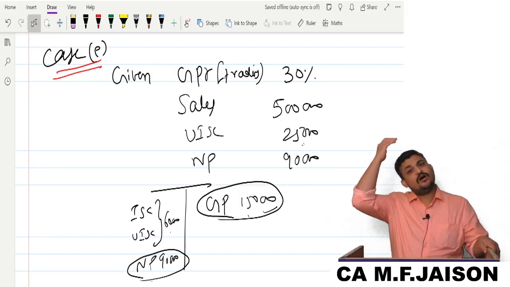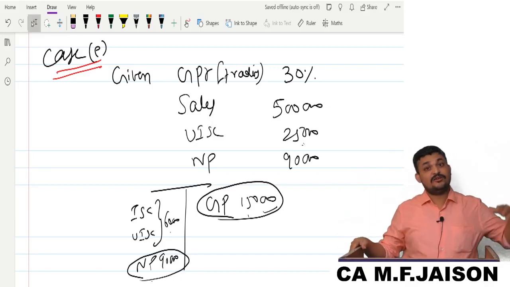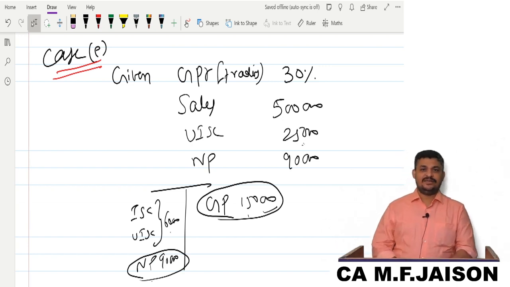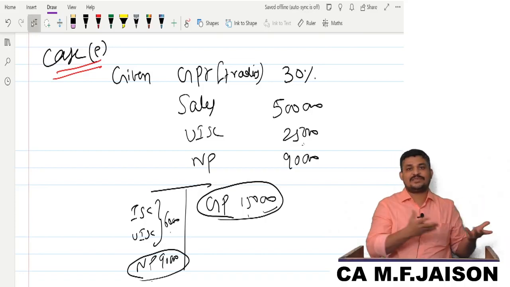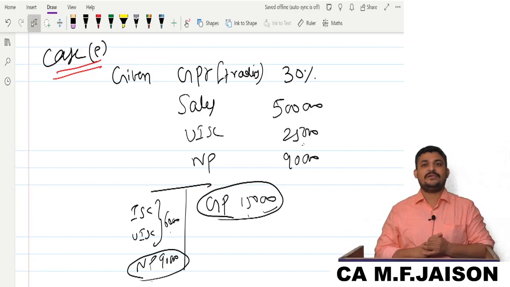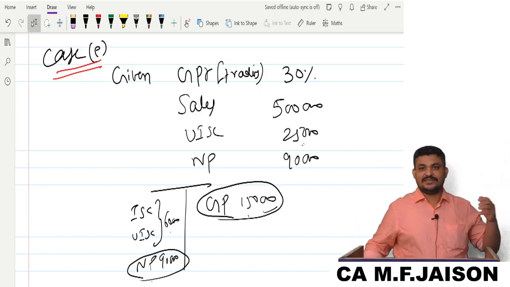If the business has gross loss, there won't be compensation. Is there a reverse compensation, like I should give something to the insurance company? No, there is no such concept. We expect two components of compensation. What are the two components, sir? Net profit and insured standing charges. These are the two components.